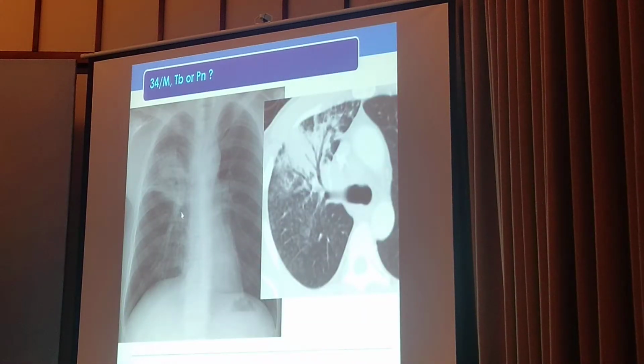How about this case? Do you think this is pneumonia or tuberculosis? It is an almost homogeneous segmental consolidation on the right upper lobe, but the air bronchogram shows slight dilatation. And we also see faint centrilobular nodules. So we confirmed tuberculosis. So air bronchogram evaluation is also a very important finding for differential diagnosis of tuberculosis and pneumonia.